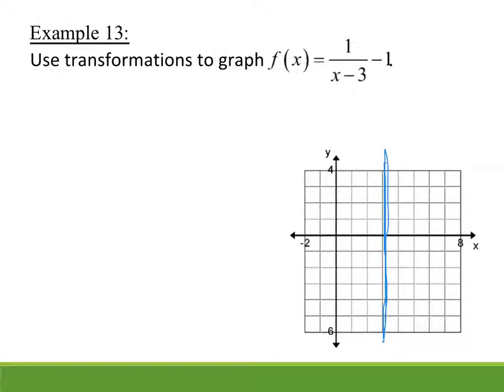So when x gets very, very large, right, f of x approaches a negative 1. So our horizontal asymptote is at negative 1. We've moved down 1 from 0. So in this particular case, when x is, say for example, 4, right, we have 1 over 1 minus 1. So that's at the x-intercept. So this graph actually goes like this